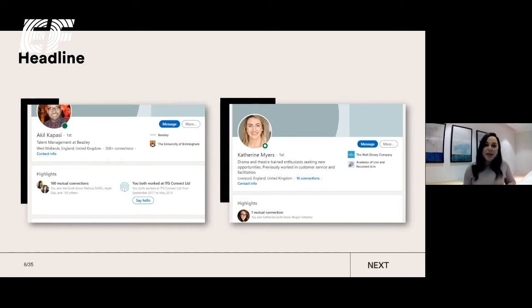Next, so this is two different ways of doing a headline. The first one is very similar to mine. Talent manager at Beasley. Straight away, we know the job, we know where they're working. The next one has a few more words there, but it's just a different way of doing it. And it is great because you can see they are looking for a new opportunity. They previously worked in customer service and facilitation. So straight away, you've got keywords and we know that they're looking. So I would really recommend